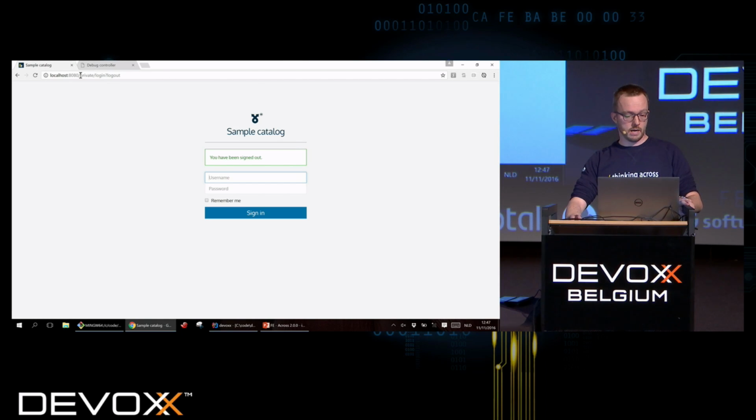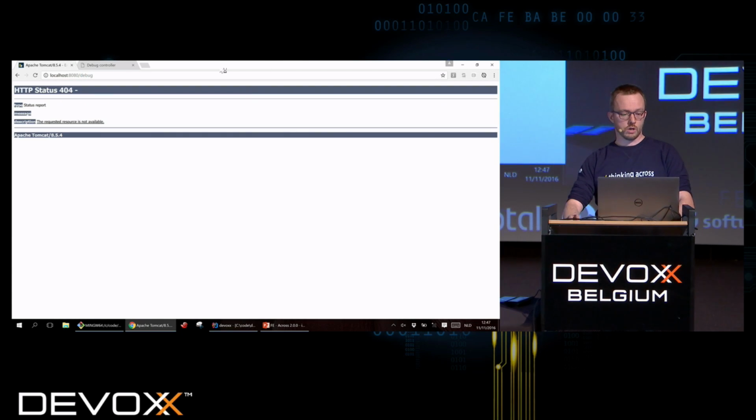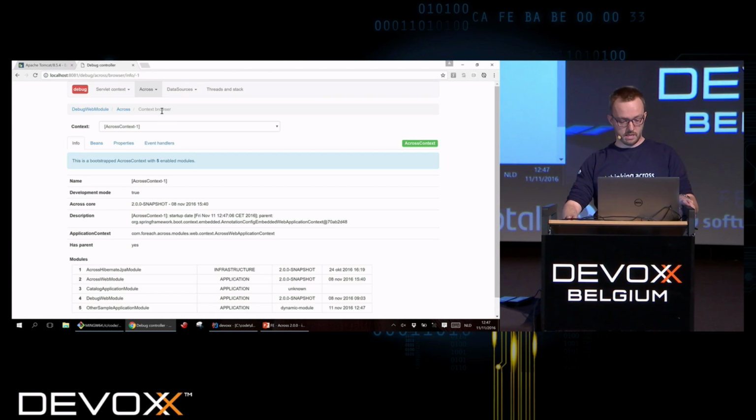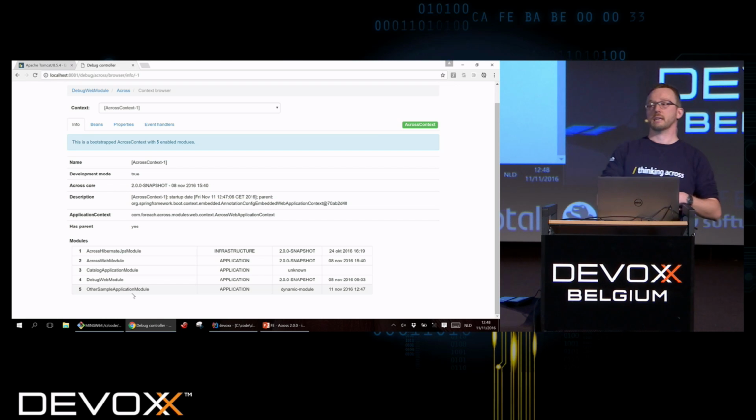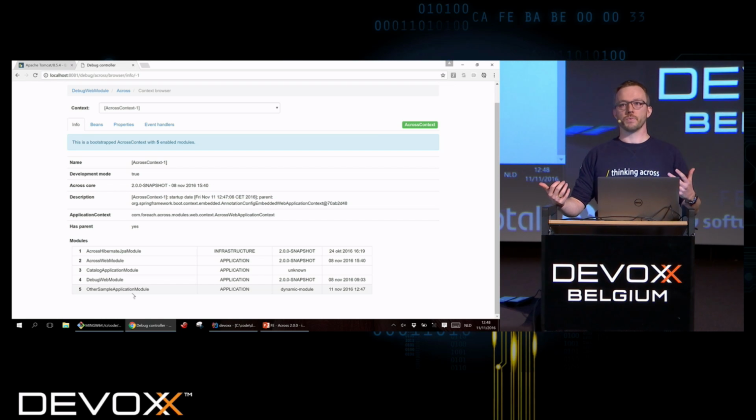So if we compare the two contexts, this one doesn't even have debug web, but you can see here that this one's much simpler, does not contain all those modules. Yet it's exactly the same base module that we used. All we need to do was take care of thinking about how dependencies are